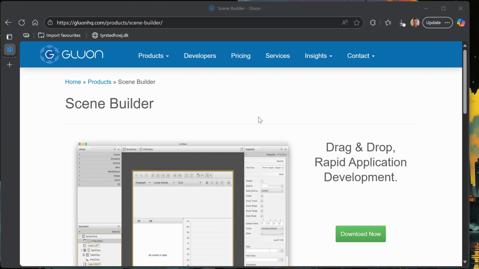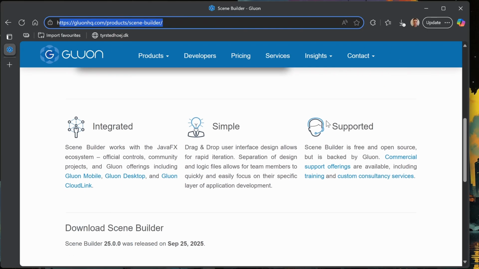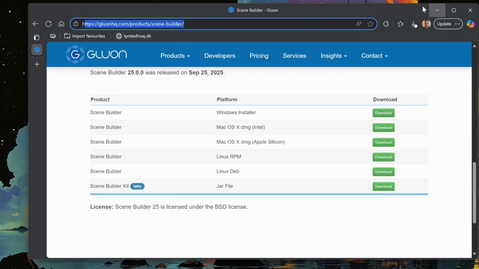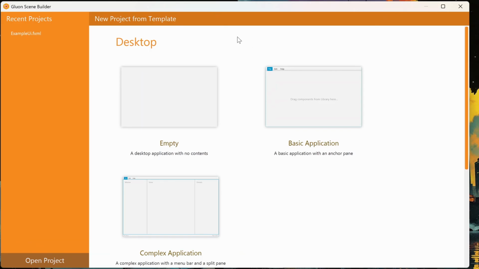Hello, this video will just give a brief overview of the Scene Builder for JavaFX. The first step is obviously to download it. You can do it from this address here. Click the download, scroll down, and then you can pick your installer for whatever operating system you have here. And then once it has been installed, you can run the Scene Builder and it opens up to